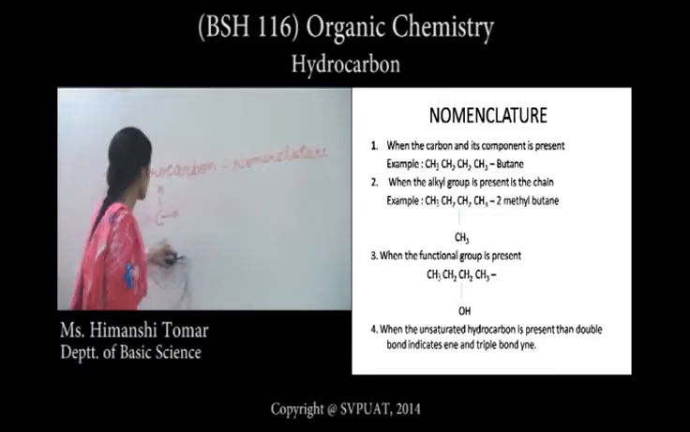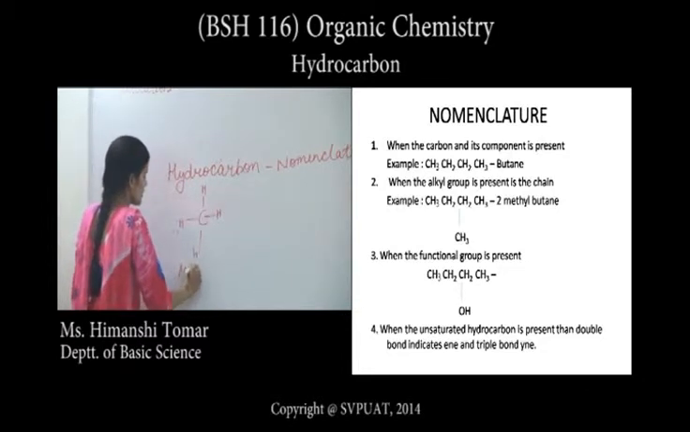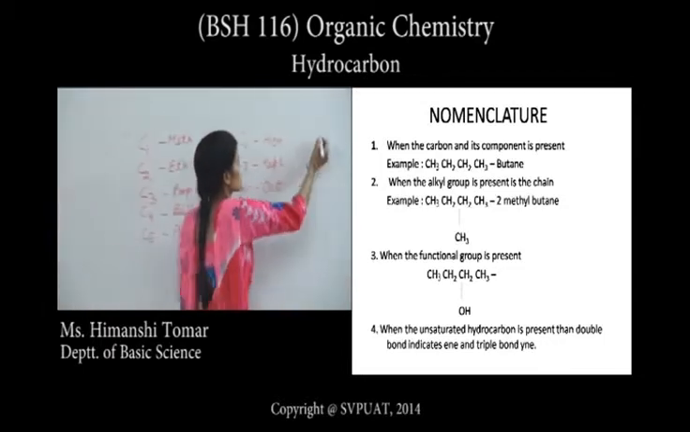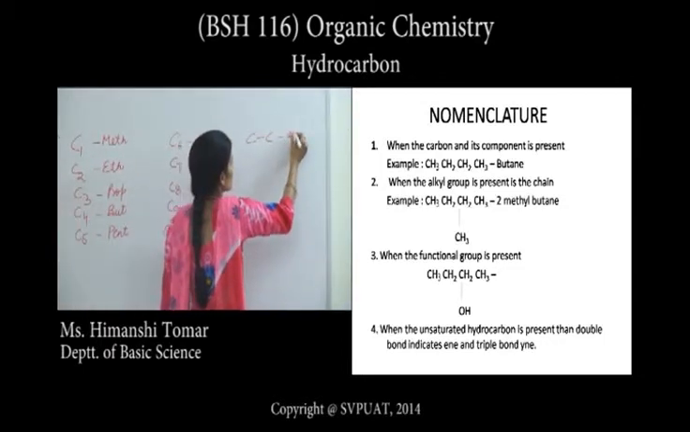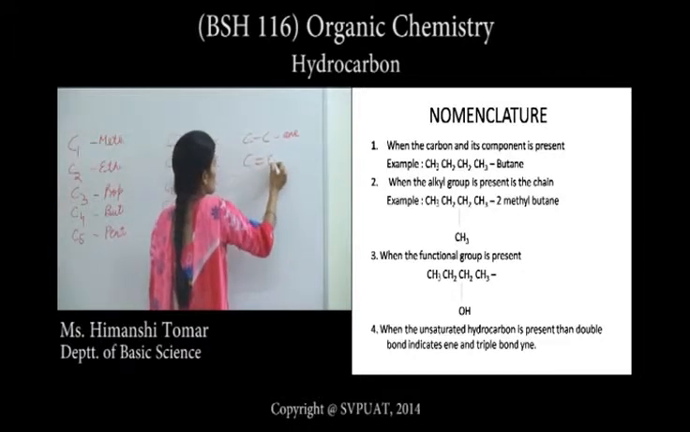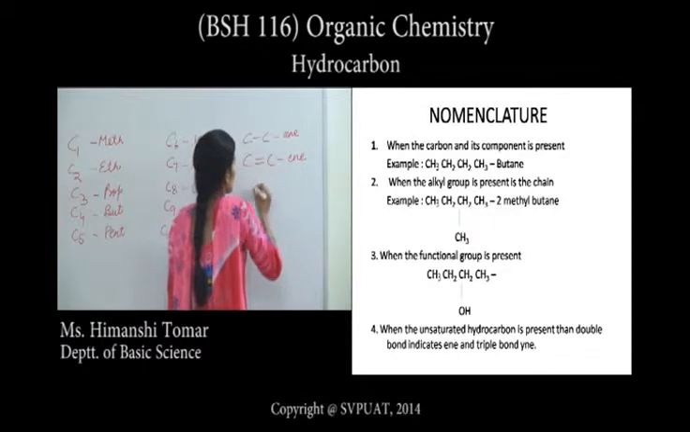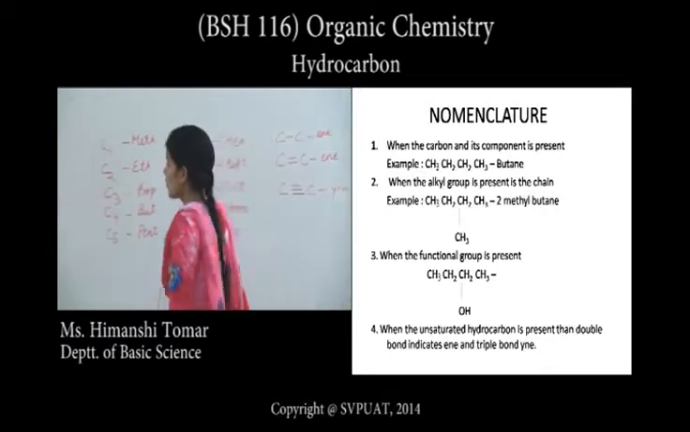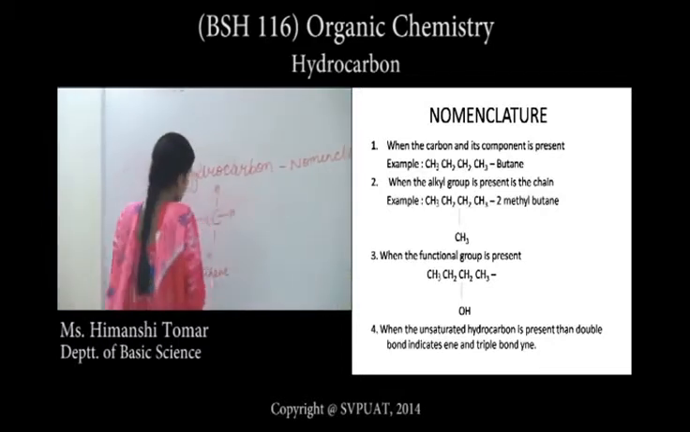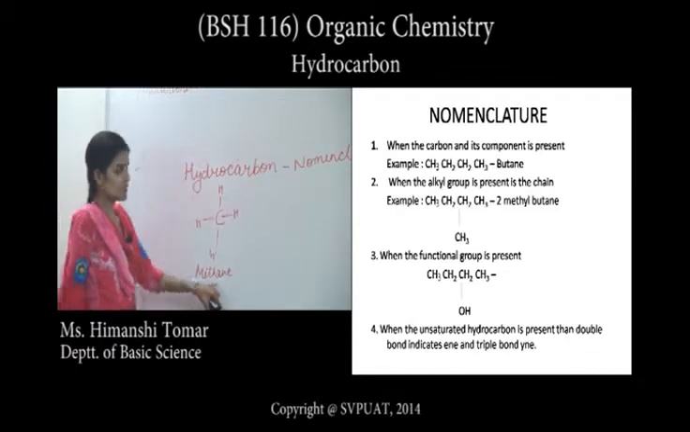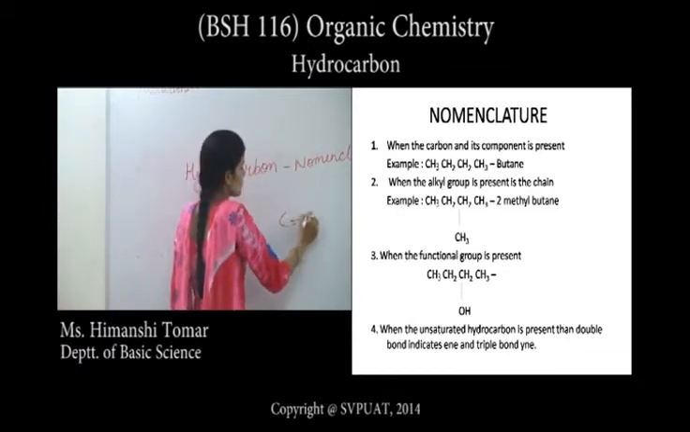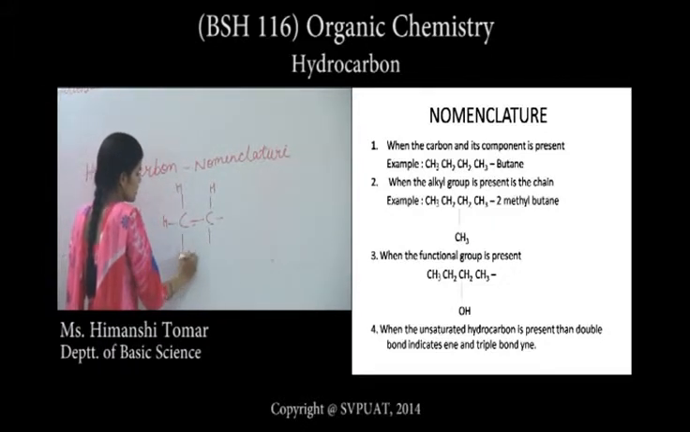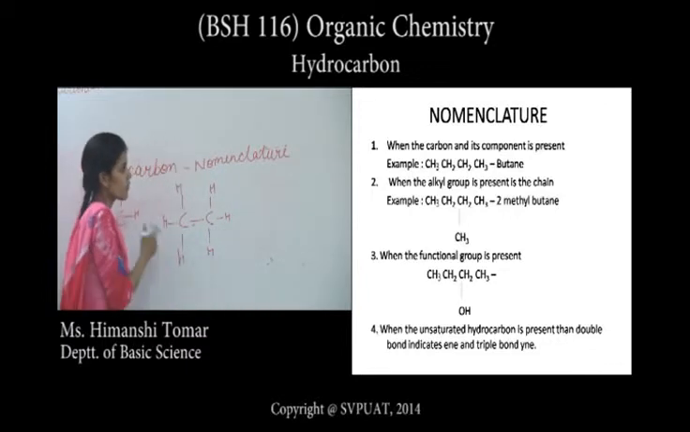Now, with one carbon, the name is methane. If we have a carbon-carbon single bond, then we add the suffix "ane". If we have a carbon-carbon double bond, then we add the suffix "ene". If we have a carbon-carbon triple bond, then we add the suffix "yne". So with one carbon and single bonds, the name of this compound is methane. Now with two carbons and six hydrogens with a carbon-carbon single bond, the name of this compound is